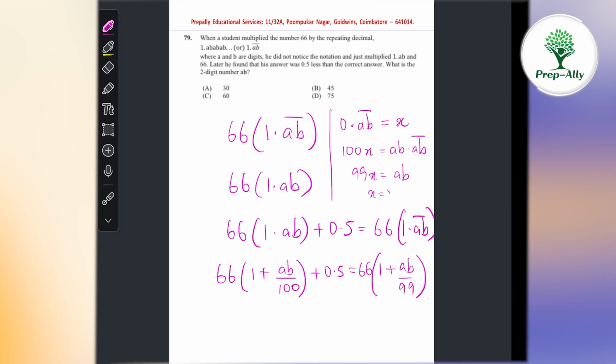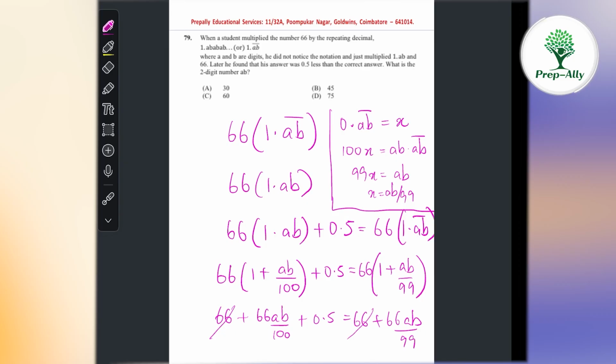So x equals AB by 99, right? So here we have 66 plus 66 AB by 100 plus 0.5 equals 66 plus 66 AB by 99,